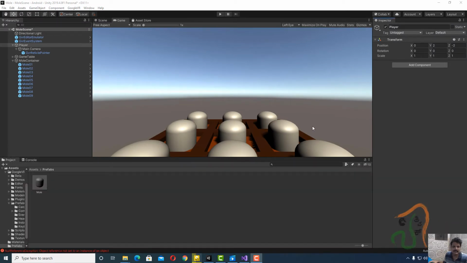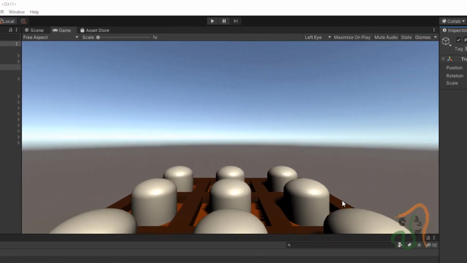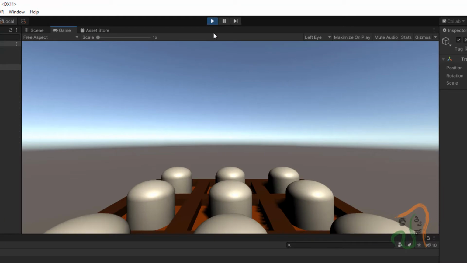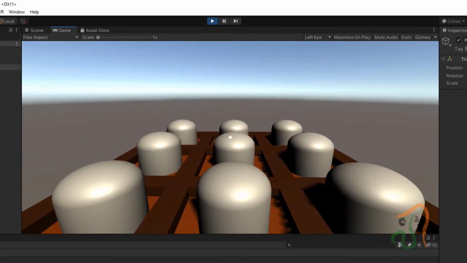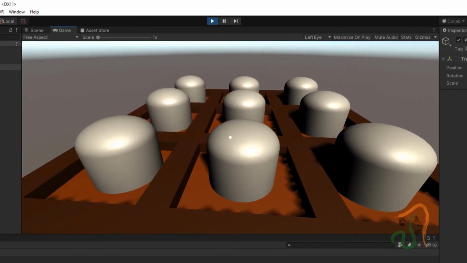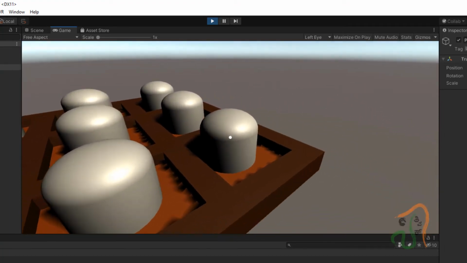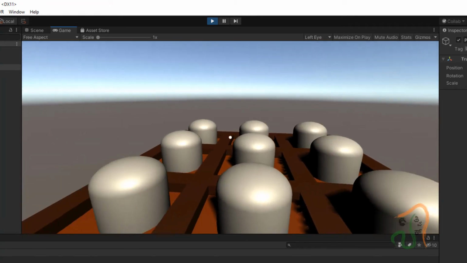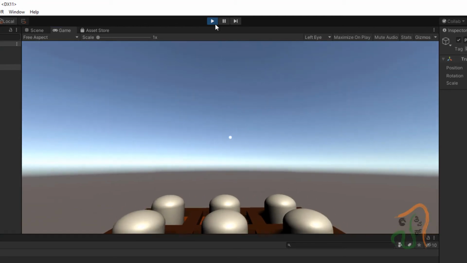Now in VR, as you already know, when we are using virtual reality, we cannot use keyboard or mouse. The only control we have is, if I click the play button here, you can see a white pointer at the center. Whenever I focus this white pointer on any object, that object should be triggered. This feature in VR is called ray casting. For this ray casting to work correctly, now stop the playback.